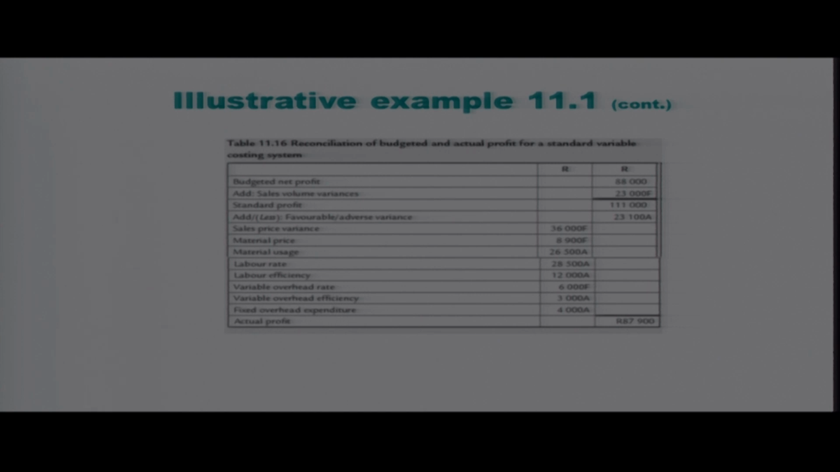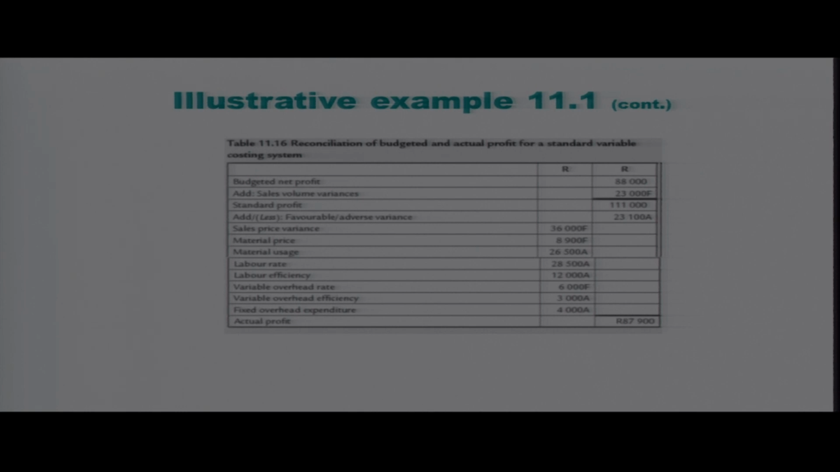The material price variance, 8,900 favorable. Remember, it is inclusive of the material wood as well as willow. The material usage variance as well, 26,500 for material wood and willow. The labor rate, 28,500 adverse. The labor efficiency, 12,000 adverse. The variable overhead rate, 6,000 favorable. Variable overhead efficiency, 3,000 adverse. And then the fixed overhead expenditure comes to 4,000 unfavorable or adverse. So when you add the favorable and minus the unfavorable, that leaves us with an unfavorable variance of